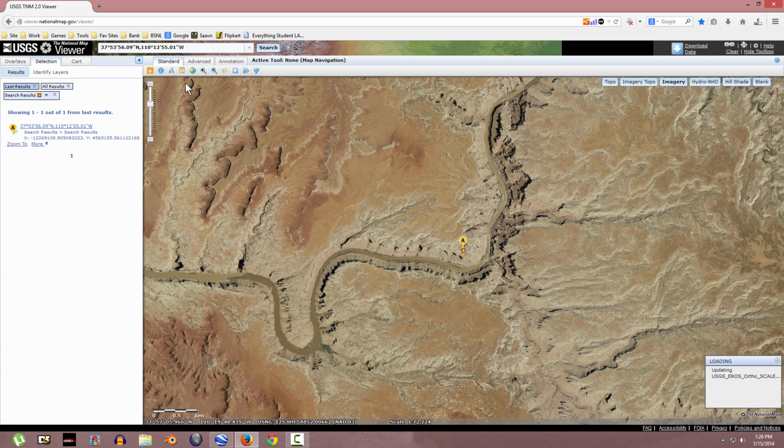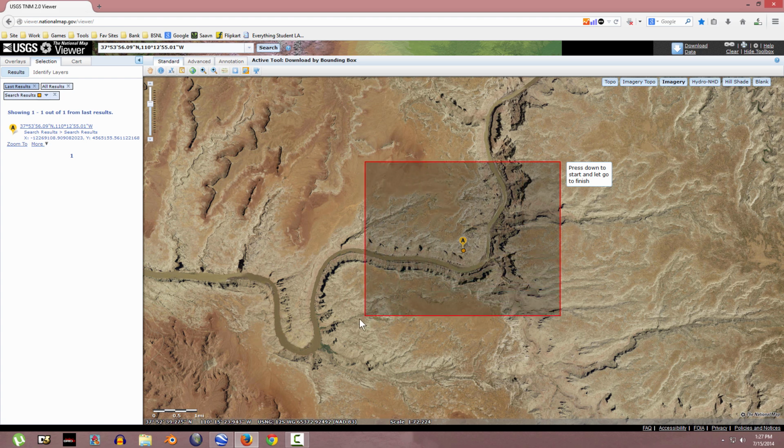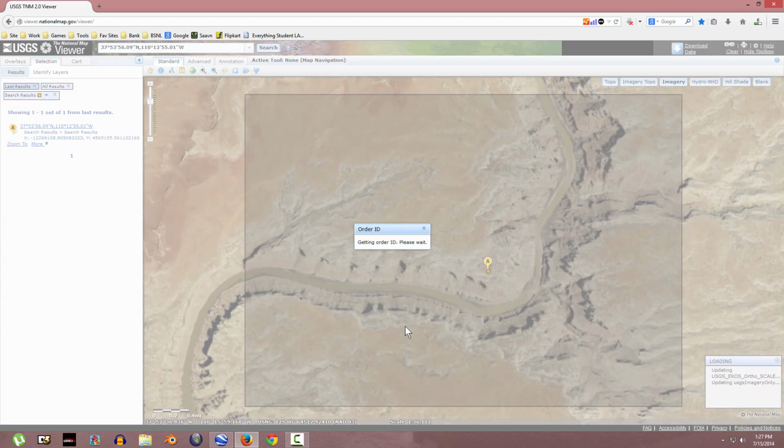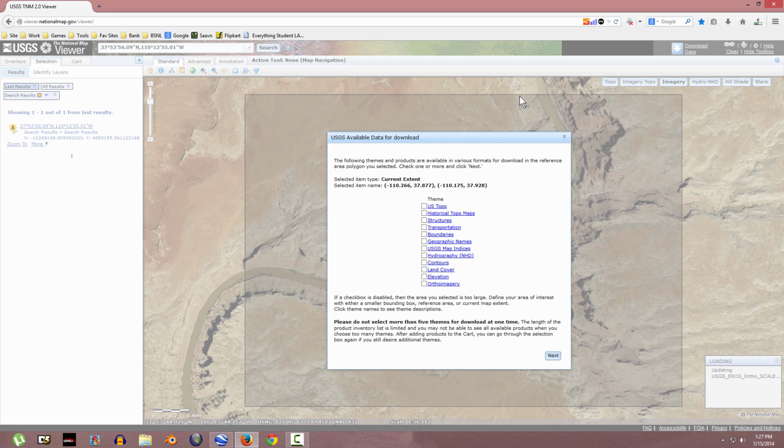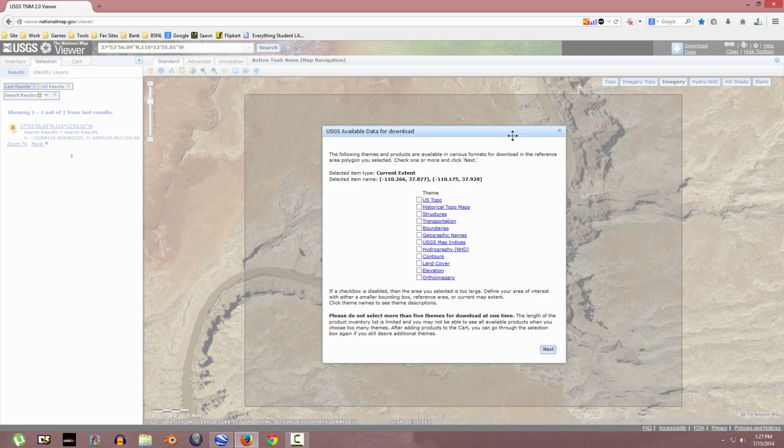and then in the standard toolbar you will see a tool called download by bounding box. Click on that, click here, click the region you want to download, and as soon as you click the download button you will see a dialog box pop up, and in that dialog box you will have to choose elevation and ortho imagery, and then click next,